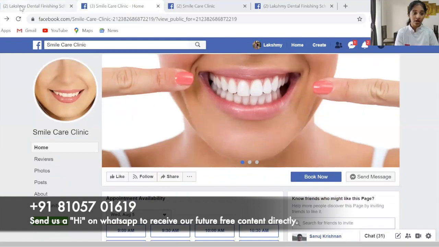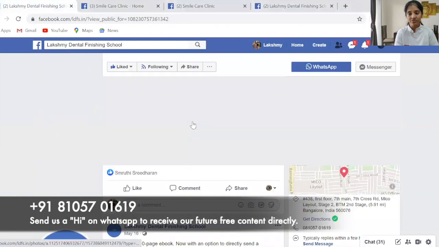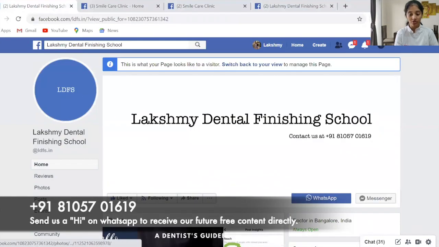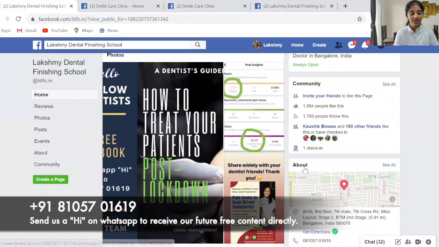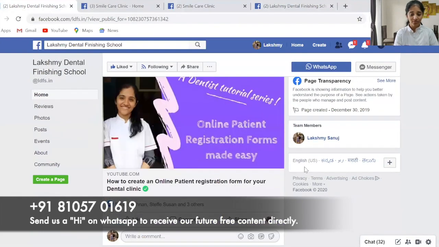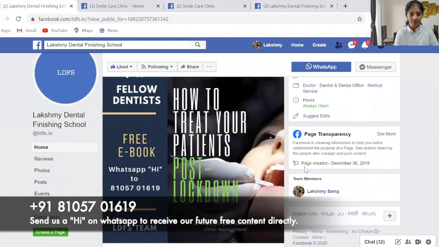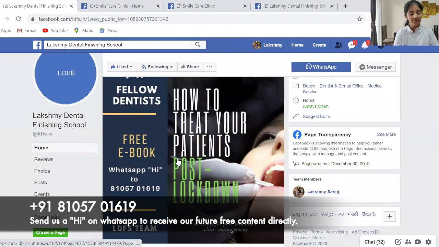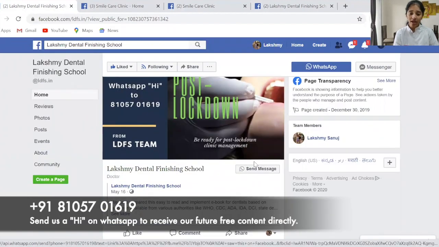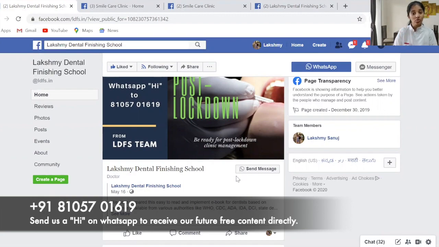Even for us, on the LDFS page, we have created a WhatsApp button over here because we wanted people to reach us on WhatsApp. In fact, this WhatsApp button helped us a lot when we created this ebook. I'll show you that. Yeah, this is the ebook. When we created this ebook, we added this WhatsApp button over here, and it became so easy for our community to get the link of the book.